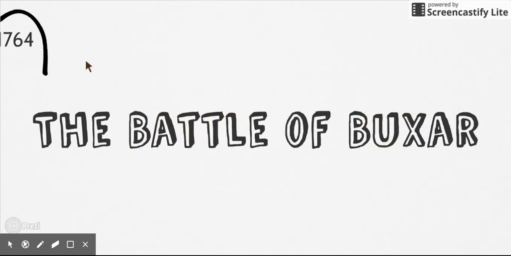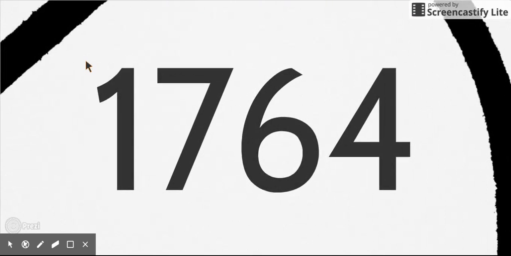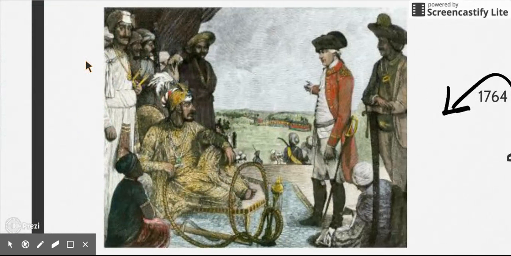The Battle of Buxar. After Mir Jafar was Nawab of Bengal, however, he did not meet the British's expectations of the amount of land, money, and power that they needed. The British later on removed Mir Jafar and handed the position to Mir Qasim. He also did not meet all of the demands the British needed over Bengal, so they defeated Mir Qasim at the Battle of Buxar in 1764 and presented Mir Jafar as Nawab of Bengal again.